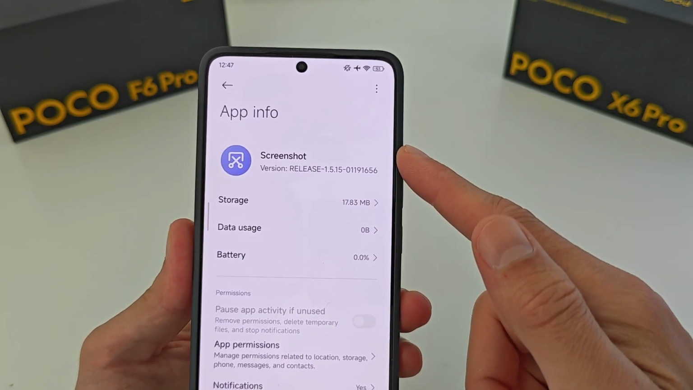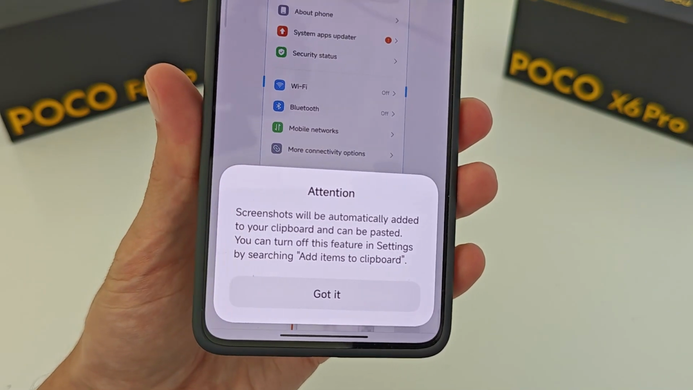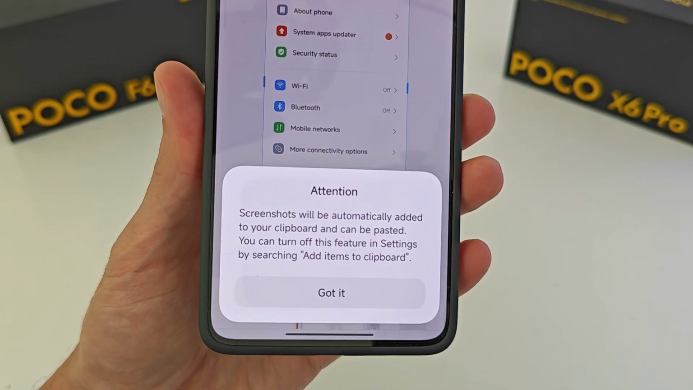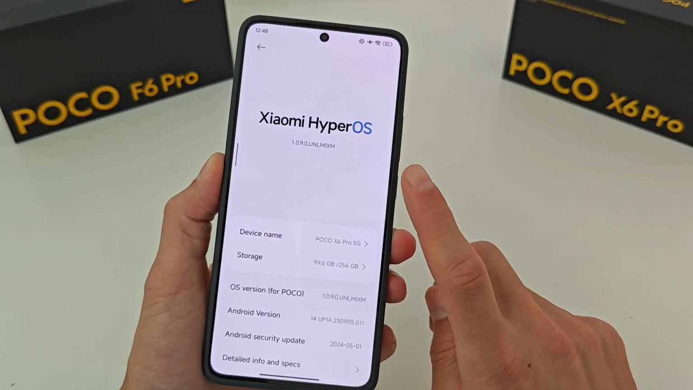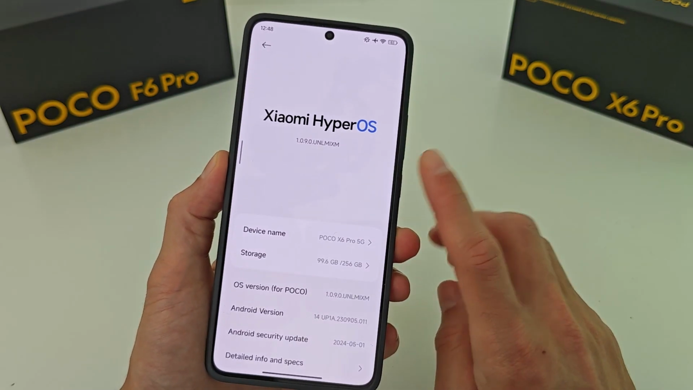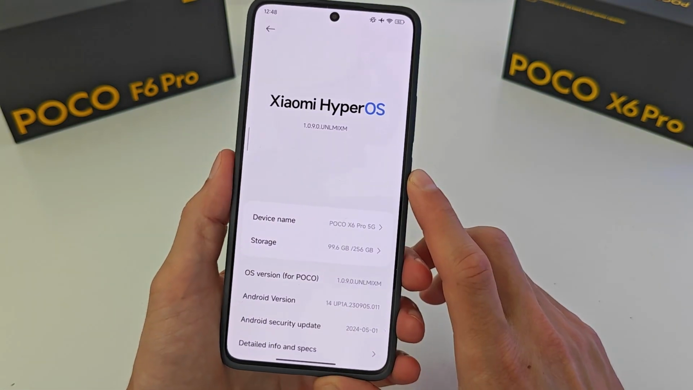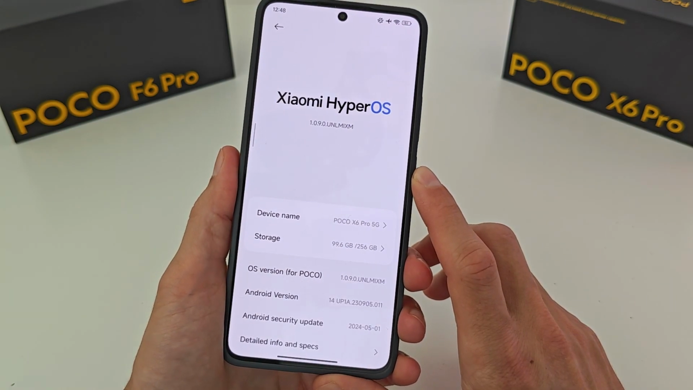Version 1.0.5.15 and add new feature screenshot. In this video I will show the new feature and the new install function for screenshot. For smartphones Xiaomi Redmi and Poco with new HyperOS and Android 14, but old version MIUI smartphones Xiaomi Redmi and Poco